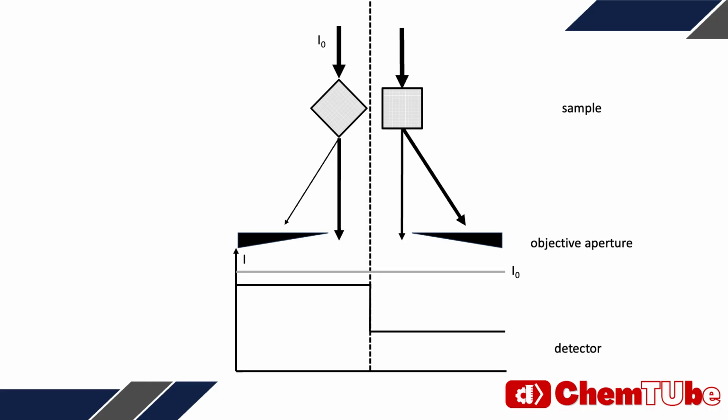In crystalline samples, contrast can also result from diffraction effects. When the crystal lattice spacings are on the order of the electron wavelength, they can cause diffraction patterns, similar to what we see in X-ray diffraction, or XRD. These patterns can be recorded and analyzed to study crystal structures in detail.